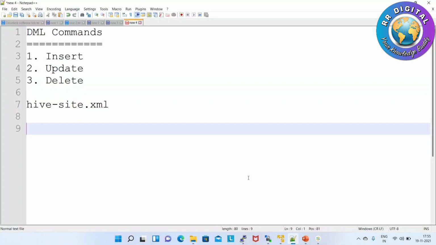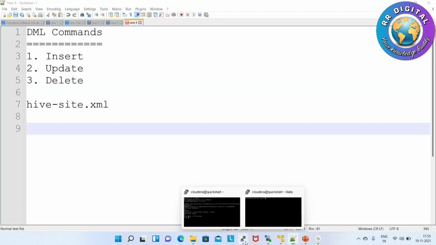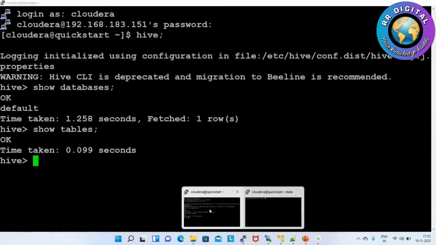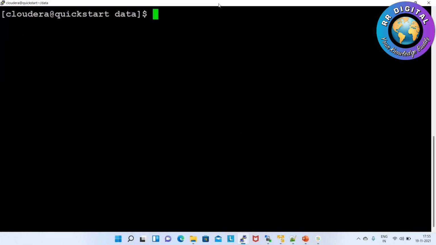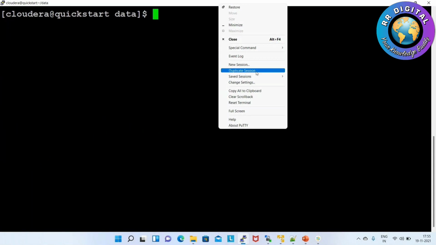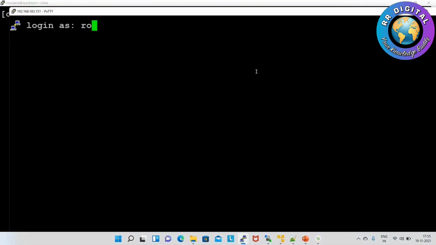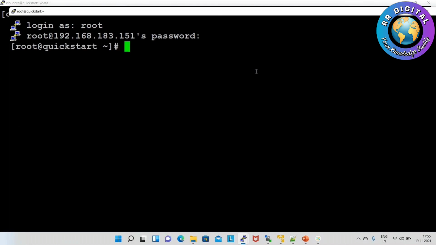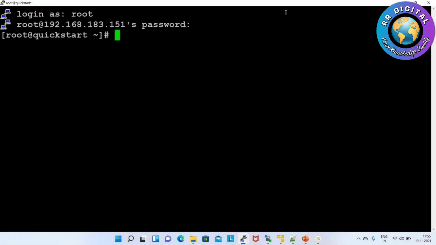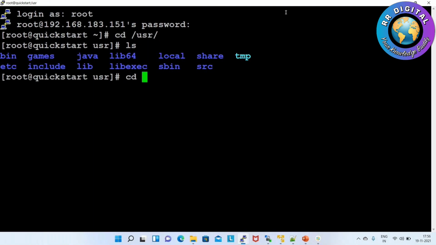To add these properties we have to log in as the root user, with password cloudera. Then we go to the Hive directory: cd /usr, ls, cd lib, ls.